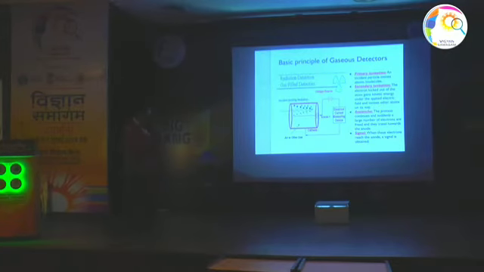So what we do? We usually apply some electric field in the gas body. You can see here in the cylindrical geometry, the electric field configuration is something like V by r ln(b/a) kind of thing, and this electric field is more intense near the wire. And when the charged particle enters, it will produce electron and ion. Electron will try to go towards anode and ion will try to go towards cathode.